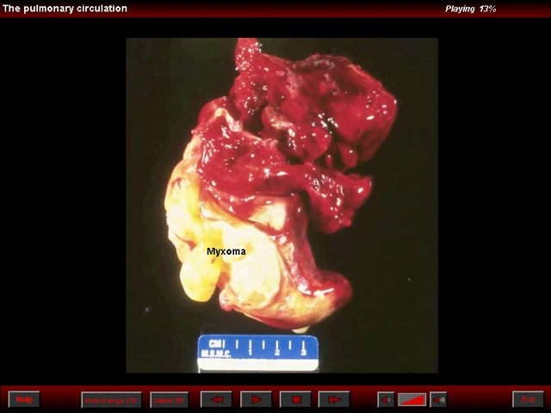MRIs are other ways of imaging myxomas of the heart. The left atrial myxoma is the usual, most common location for myxomas. And this is a specimen of a left atrial